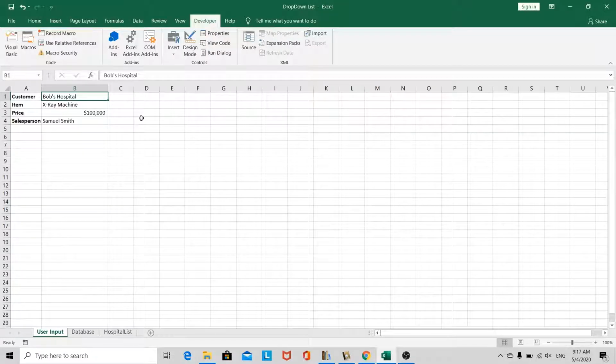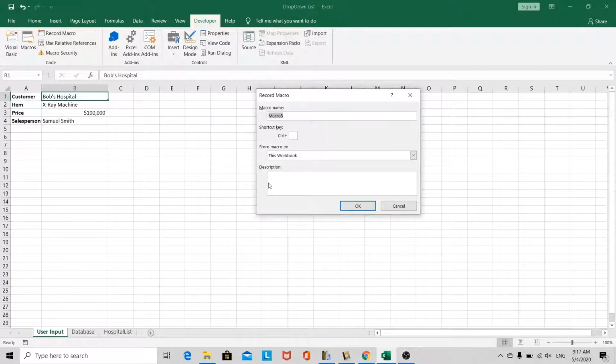In this video, we'll look at how we can copy data from one worksheet and paste it to the end of another, which is a very common scenario where we want to keep a record of the user's data input. Okay, so the first thing we want to do is go to Developer, and then let's record macro,